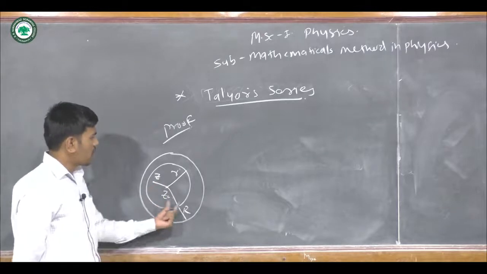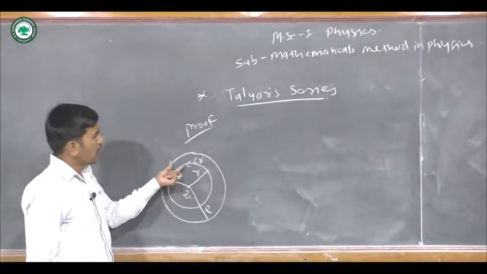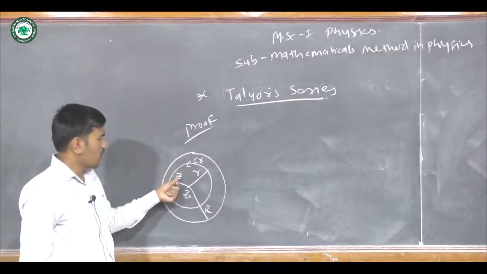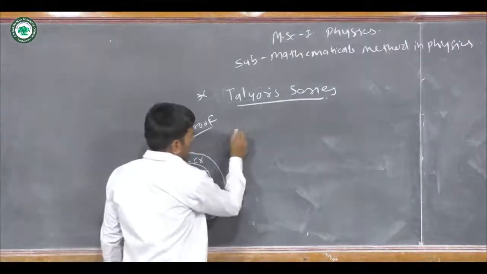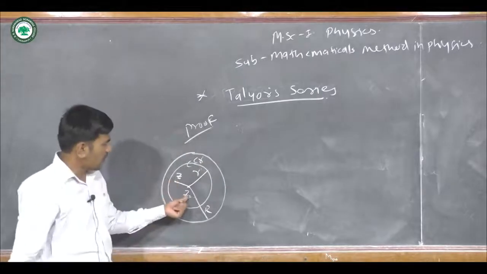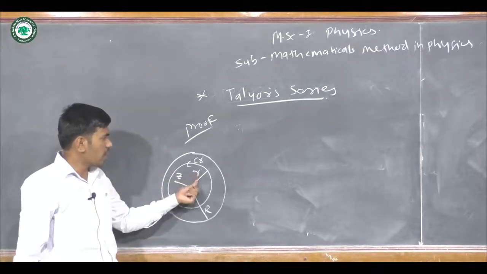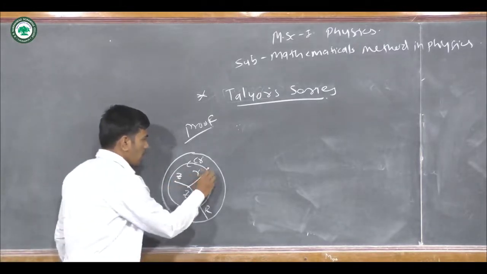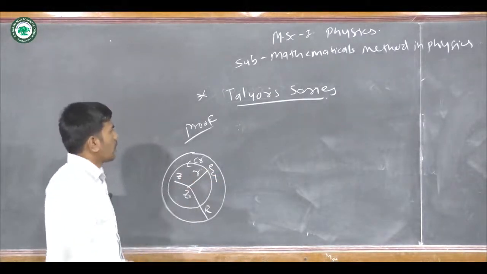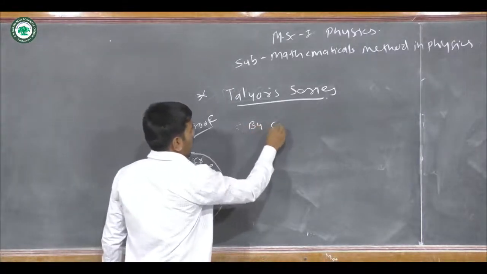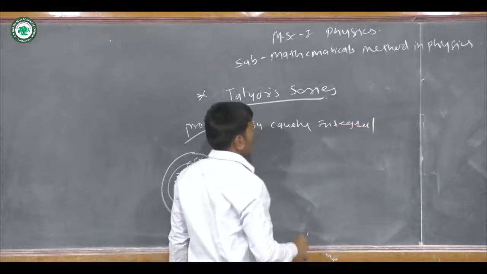So inside this CR, if I expand this power series, this power series converges in this region CR. If z naught is the center, and z is any arbitrary point I consider, and small r is the radius of this CR. Okay, so here a point I consider, that is psi, on this CR. So by the Cauchy integral formula,